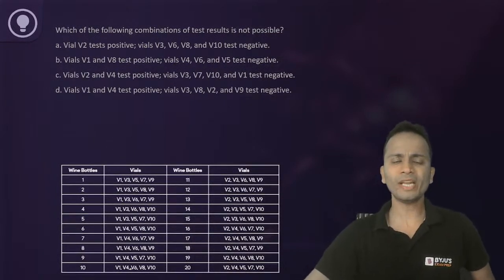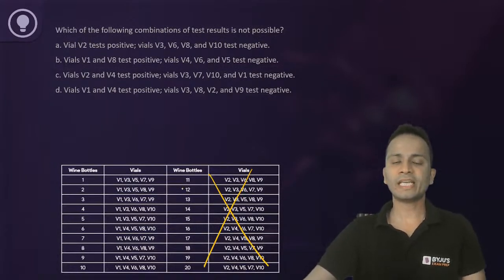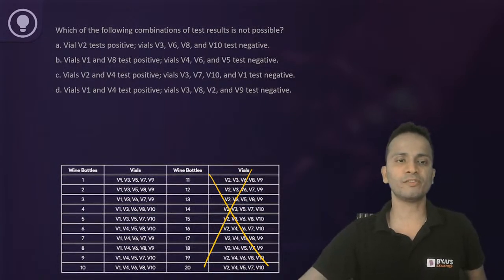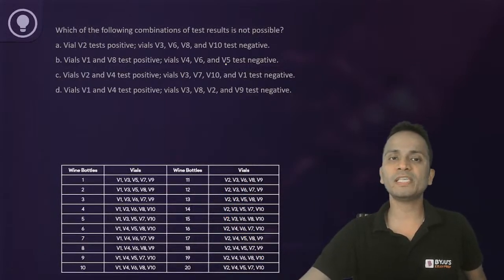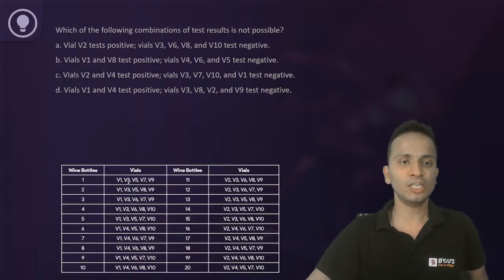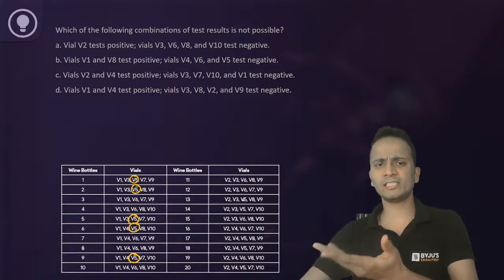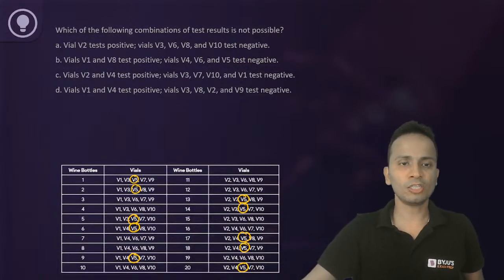So 1 is positive, it cannot be there in any of these bottles, right? फाइन. 1 is positive, so ये वाली 10 bottles में हो सकता है, बाकी 10 bottles में नहीं हो सकता. Now V4, V6 and V5 test negative. So V5 is negative, I can eliminate this. So V5 के basis पे सारी eliminate कर देते हैं. ठीक है. Let's consider last 10 bottles as well, though it is not required. Okay, so I have eliminated these on the basis of V5.